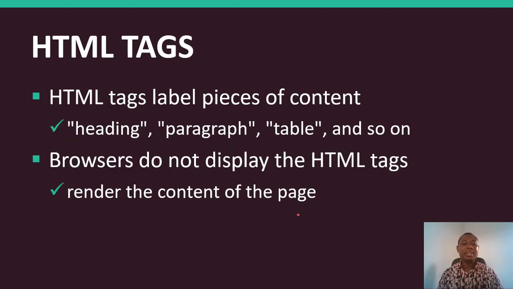HTML tags label pieces of a document. So we have heading tag, paragraph tag, we have table, and then other tags are also there. Browsers do not display the HTML tags, they render them. So what we are trying to say is within the HTML,